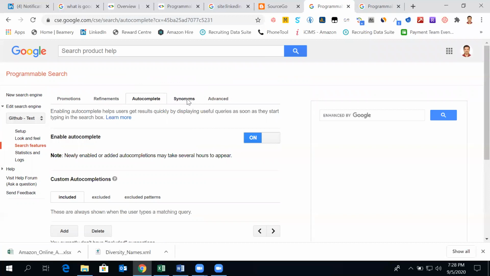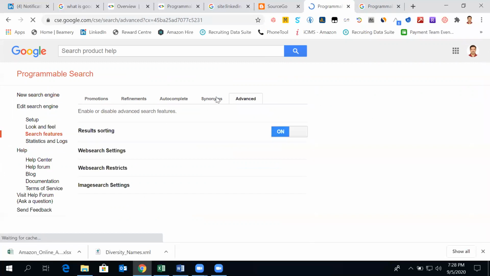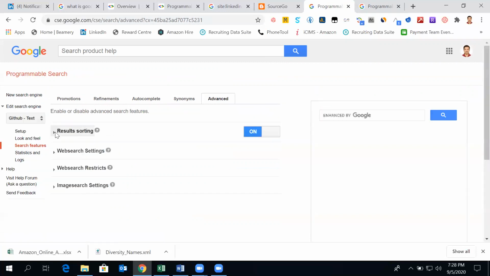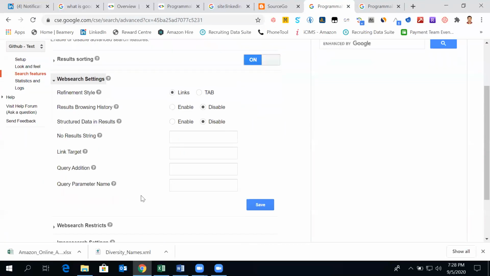So let's suppose you're creating some open-ended search. Result sorting, relevance and date, web search settings. This we don't really have to get into.